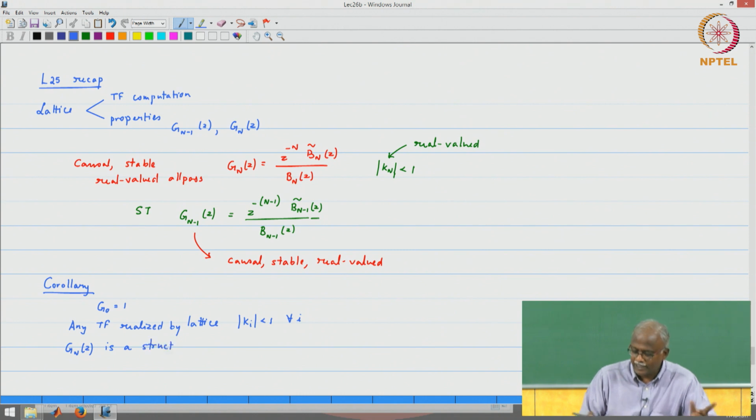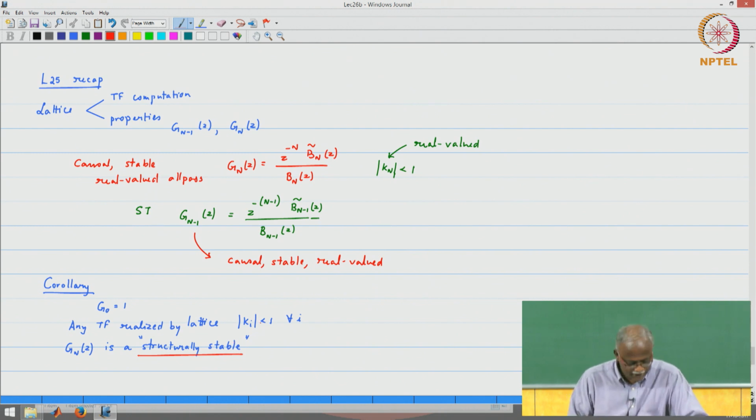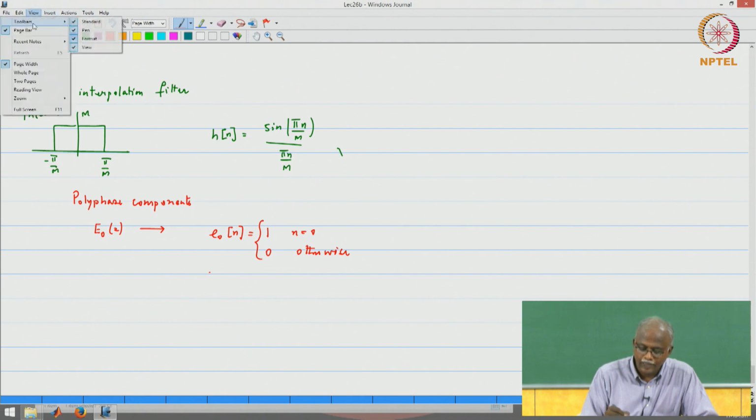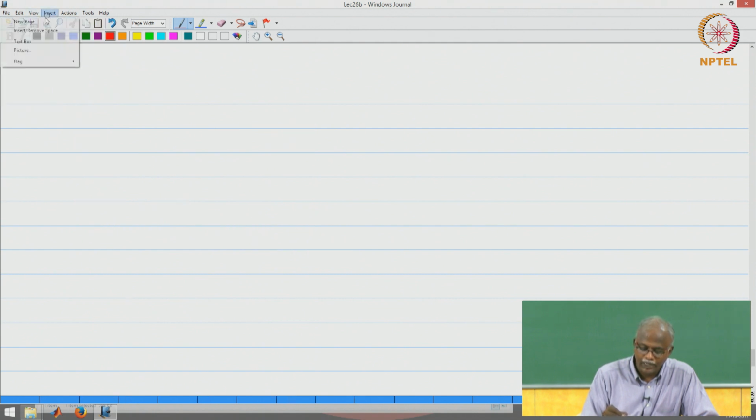That means the stability has been enforced by the structure. Structurally, what you can show is that it is a stable all pass, but how did it achieve its property? It is because of the structure and the way you construct from the lower order to the higher order, the property gets preserved. Structurally stable all pass, that is a useful result for us to verify. Okay. Now very quickly let us run through the other concepts